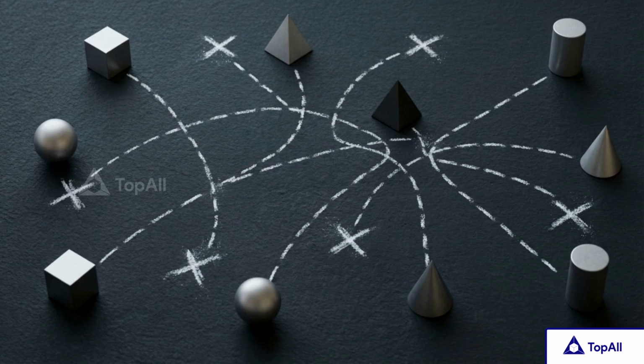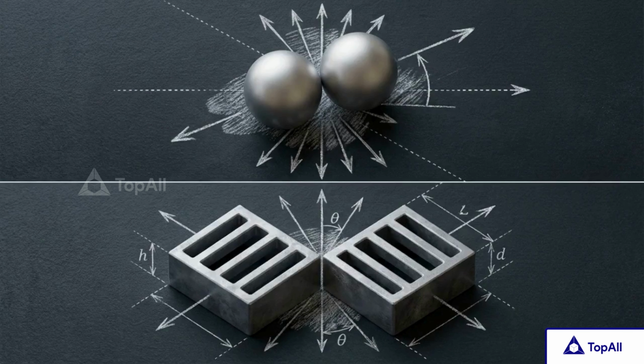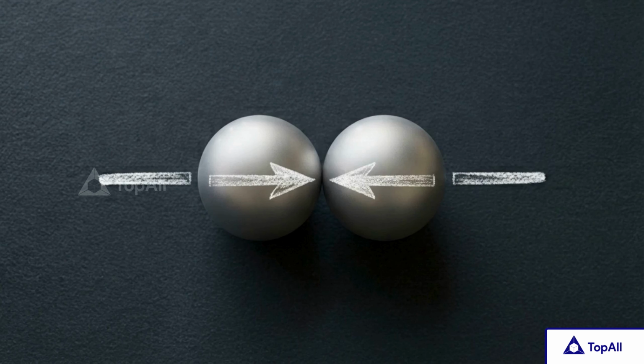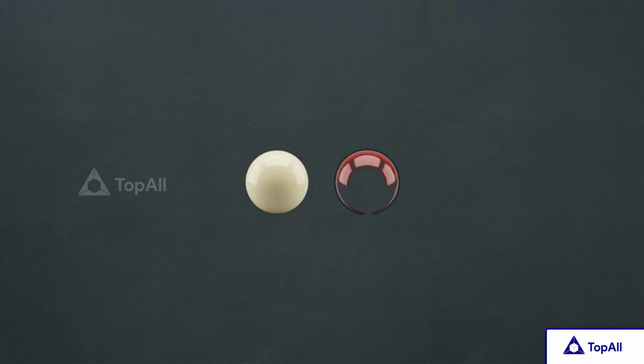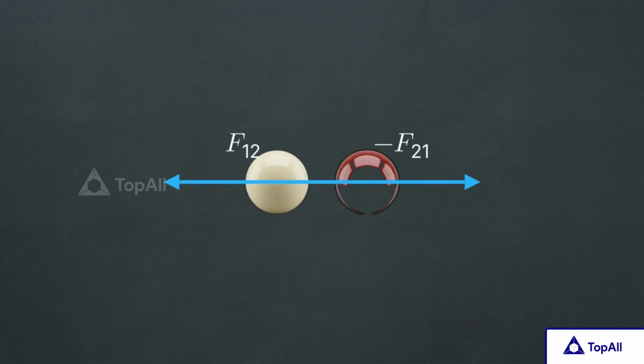Because momentum is conserved, we possess the mathematical framework to calculate the exact trajectories of these objects before the dust even settles. Why is momentum conserved, regardless of whether the objects are billiard balls or freight trains? The answer traces directly back to Newton's third law of motion, which states that every action has an equal and opposite reaction. During an impact, the force the first object exerts on the second is exactly equal and opposite to the force the second exerts on the first.